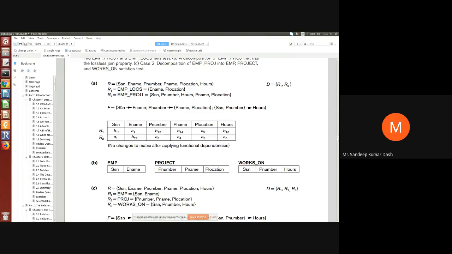Here my aim is to try and convert every B into A. After I write this table, my aim is to convert the value B present in each row to A. Whether I can convert this into A or not, this into A or not, that I have to see, and this one also. So how can I convert B to A? The conversion will be done based on